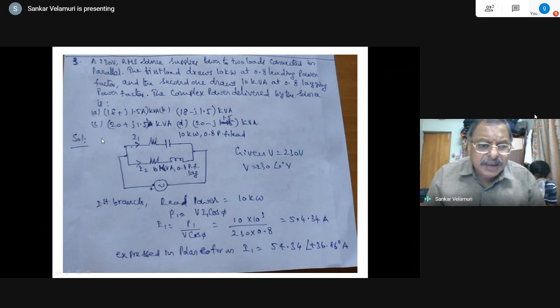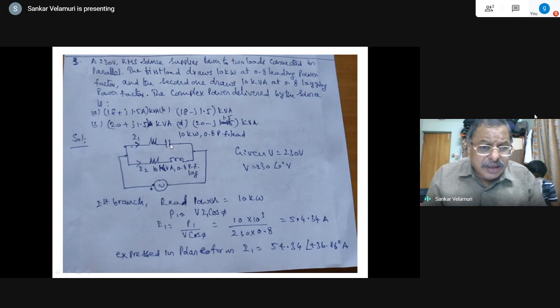Complex power is given here; that is the only thing. So S is given instead of the real power. Here real power and power factor are given. Here complex power and power factor are given. That is the notation to be followed. I is the total current. The complex power delivered by the source is to be obtained, so V into I conjugate must be obtained. That is why I have drawn this circuit. The total current I have not written here.